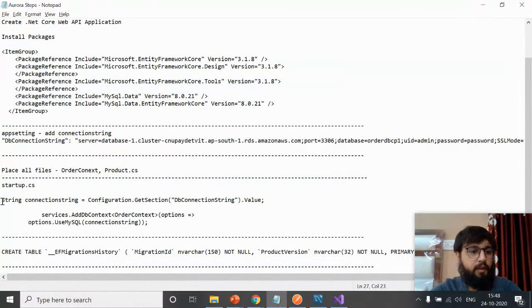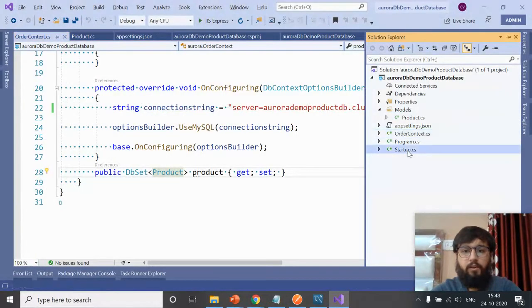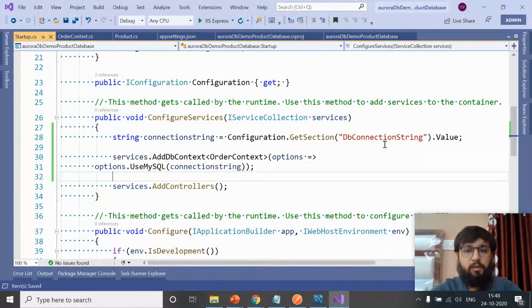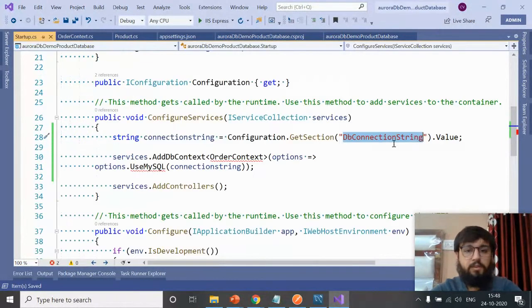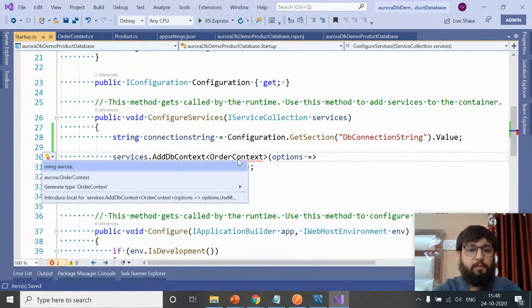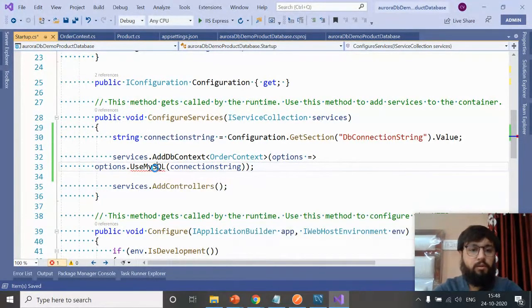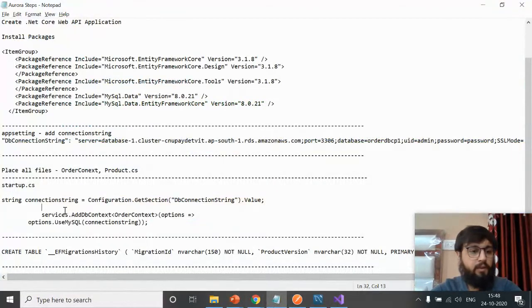Now what next? Next is to place the entries in the startup config file. So again, come back, and in order to run your order context class, paste it here. DB connection string has to be the same as what you have in the app setting, which is the same. Then order context, provide the namespace by pressing Control dot maybe, and again Control dot. Fine. So after that you're good. You can rebuild once again. And what do we have next?